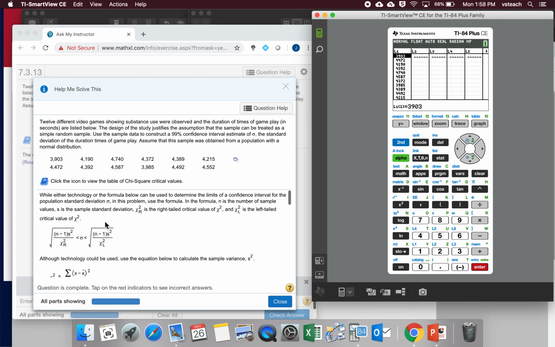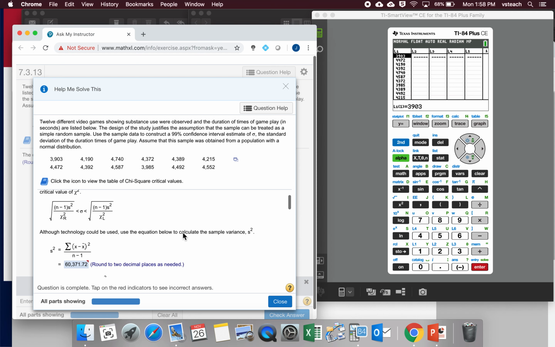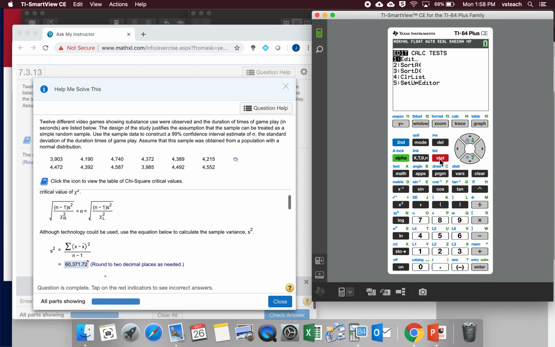Now, in step 1 for the problem, you need to calculate the sample variance, or S squared. For that, we don't need any special program on your calculator. You can just hit Stat, go over to Calc, and it's number 1, 1-Var Stats. Hit Enter. For the list, make sure it says L1. If it doesn't, you can hit second, L1, and then enter again. Now, when it spits out these results, we're looking at this Sx, the standard deviation of the sample,